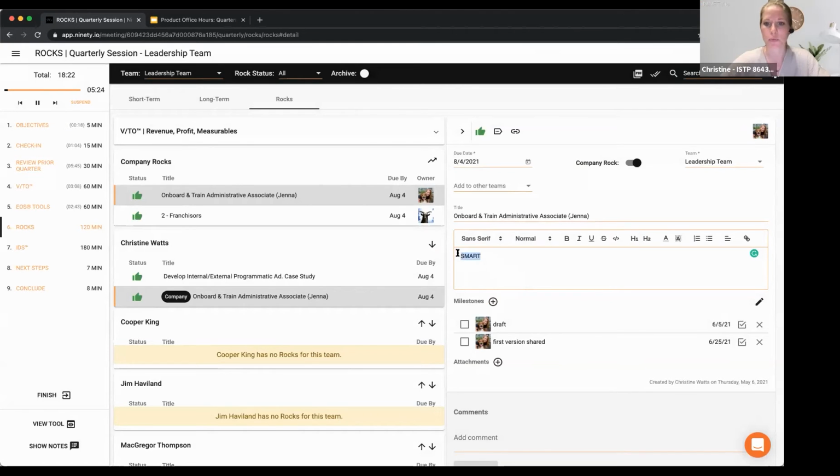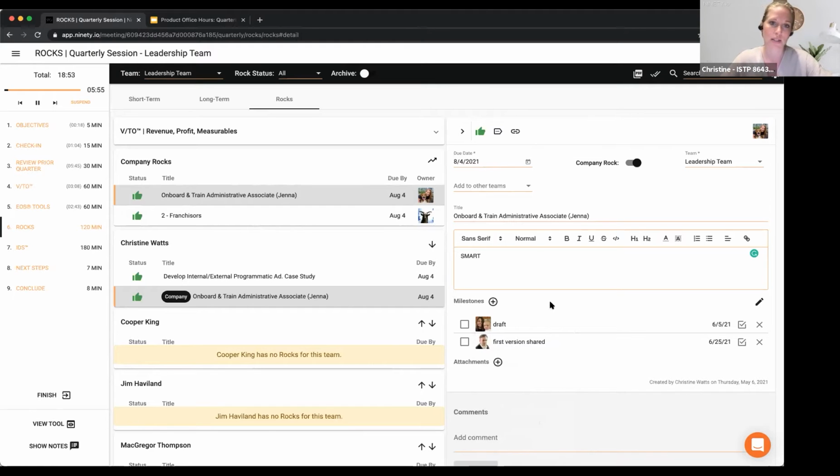Definitely. A lot of times you're putting in, here's my goal, my plan, I'm making it SMART in the description area. And then you can use this milestones area for that project plan that Jim just described. Am I the one creating the draft? I know I own this rock, but I can still delegate that out to somebody else, or is somebody else sharing this first version for me? So you can choose other members of the team. This drop-down list is just anybody that's a user in your account, so they don't have to be on this individual team.